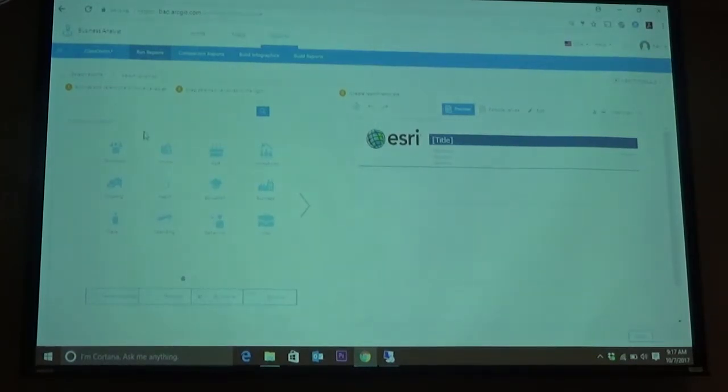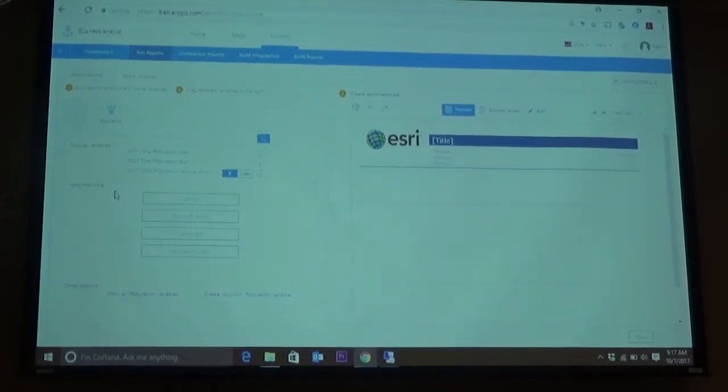Let's start with simple stuff. Population. If I click on this, it gives me the usual suspects of population data. If I need the gender distribution in my specific research area, that is your site, your polygons, your zip codes, or your drive time, I can click on gender. Now I can have the breakdown in 5-year increments according to the US Census,